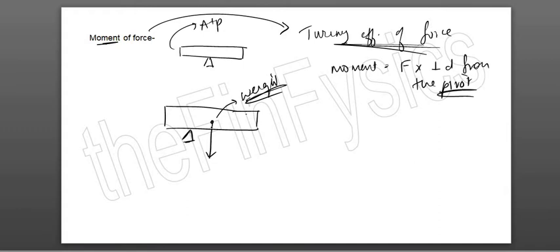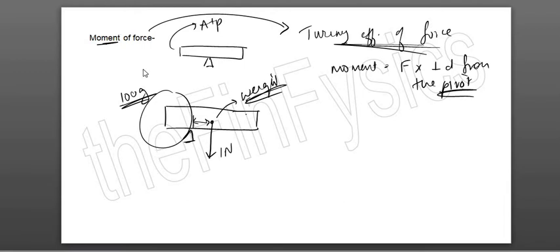Okay, so suppose the mass of this rule will be given. Suppose it is 10 or 100 grams, you convert this to kg, and find out the weight comes out to be 1 Newton. This distance you find out, multiply them, that is the moment. Which means to balance it, I need the same moment on the other side of the pivot. And this principle is known as the principle of moments.